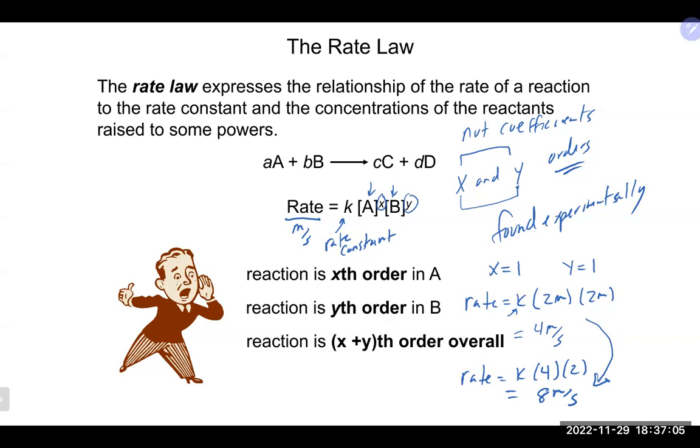Maybe this reaction is too fast for us to observe while we're doing it. Maybe we want to slow down this reaction. So maybe we cut the concentration of A in half, and then the rate is equal to k times 1 times 2, which means we would end up with 2 molar. We would cut the rate of the reaction in half, and maybe that would allow you to observe what you want to observe. Sometimes a reaction happens so quickly, and if you're trying to do an experiment, by the time you get it into whatever you're trying to get it into, it may be too fast